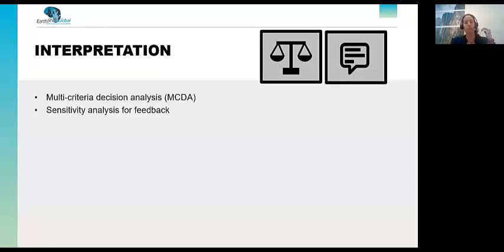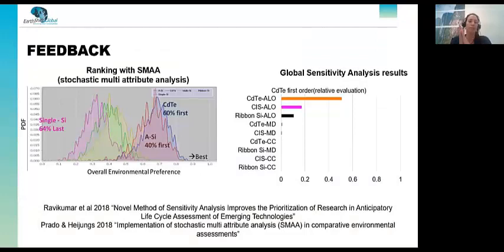Your ranking is probabilistic. We're used to seeing a ranking as the first, the second, and the third. But in this case, for example, in first place cattail is 60% likely to be first, and amorphous silicon is 40% likely to be first. So first place is actually quite competitive between these two alternatives. In the last place, we have single silicon, which is the most likely to be last. And if I remember correctly, this was because single silicon had the highest efficiency, but also had greater manufacturing impacts.